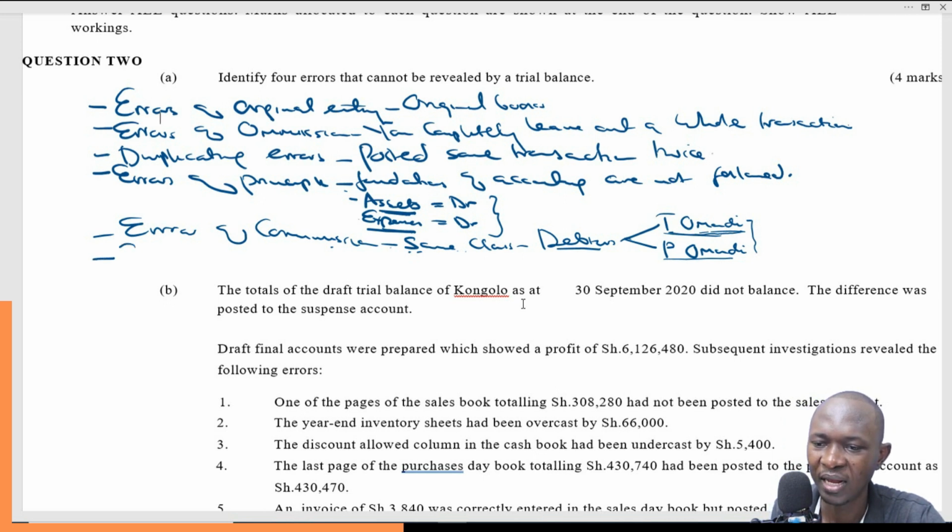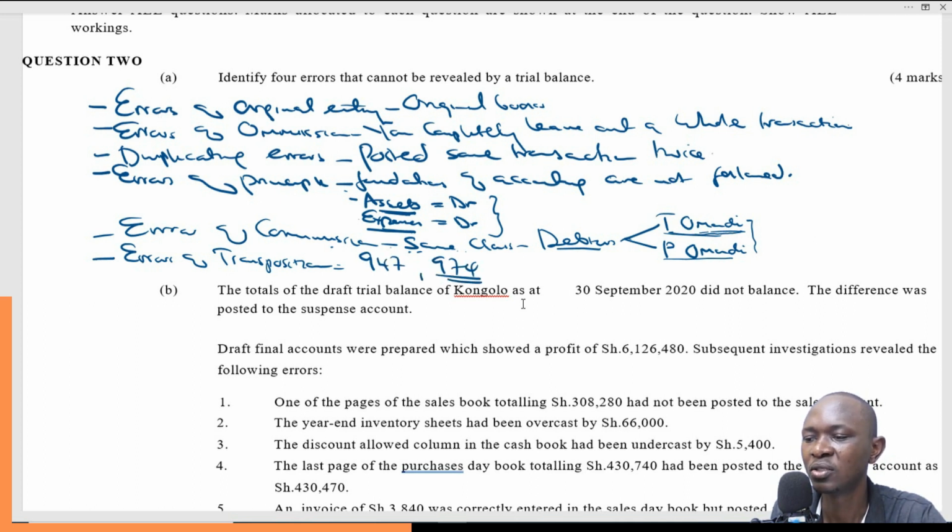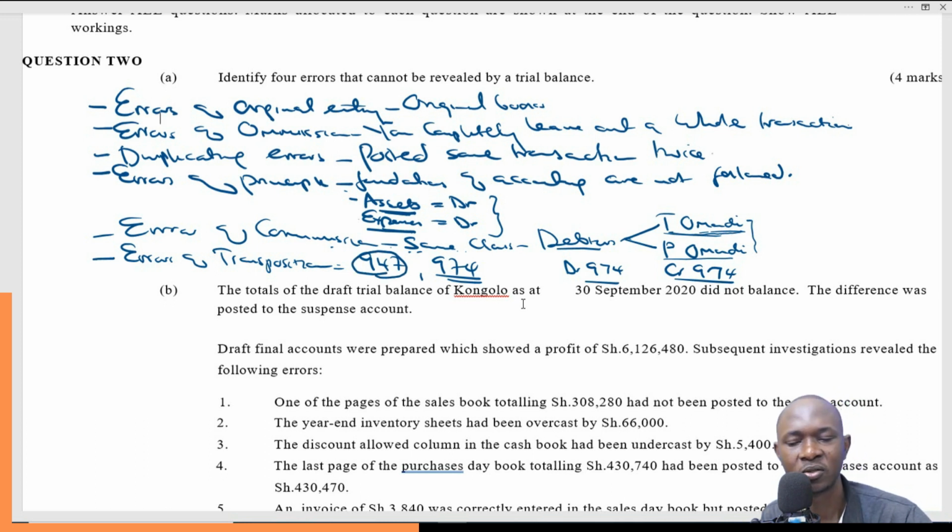We also have errors of transposition. That's where you change the figures. Instead of writing 947, you write 974. And so long as you debit 974 and also credit 974, there's no problem. The trial balance will balance. But remember, the original figure was 947. So there's an error, but the trial balance will not detect that error because